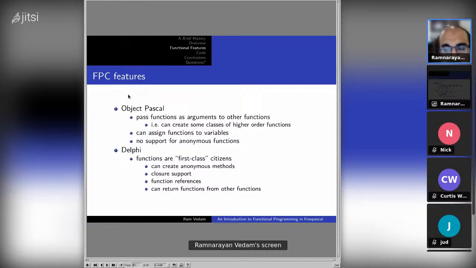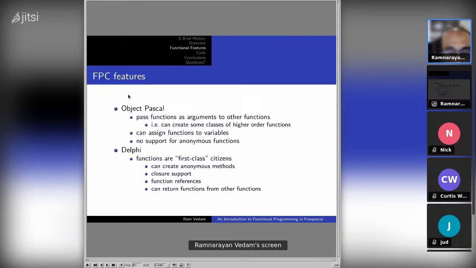You can pass in functions as arguments to other functions. Those functions have to be defined as named functions, but you can certainly pass them using a notation that I will show you in some of the examples. Also, my understanding is you can assign functions to variables. But again, those functions would have to be predefined as named functions, probably in a unit somewhere if you want to stash them, and then leverage the appropriate functions at the appropriate time. But the point is those functions cannot be anonymous. They must be labeled.